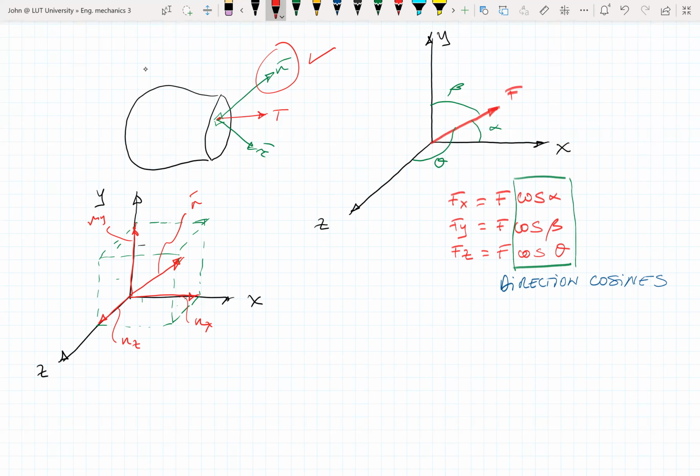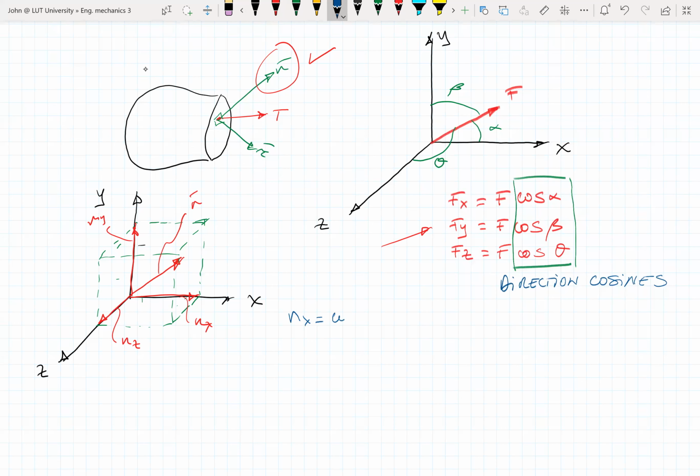Applying the same rule that we found in here, where the components of the vector f were defined in terms of its direction cosines, I will do the same here with this unit vector. But in this case, as it is a unit vector, the magnitude is 1, and I don't have to write the 1. So we'll write that here, that nx